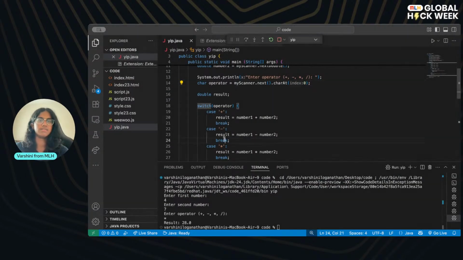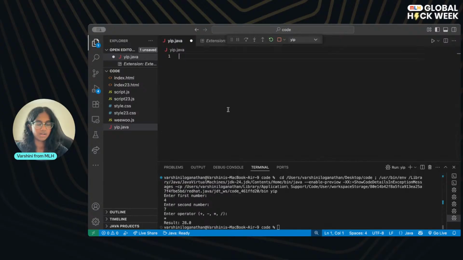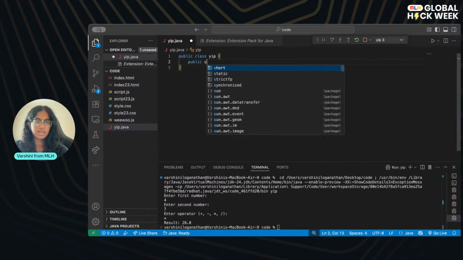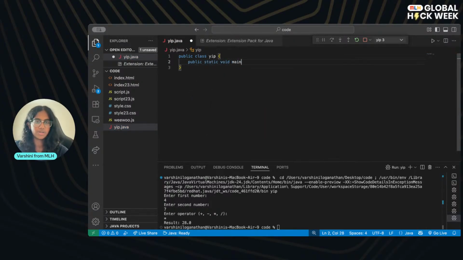I'm going to, again, delete this code just so that I can start a new function, but y'all can also just make new files if you want to keep this code and refer to it later. I'm going to keep this fresh for y'all so it doesn't get confusing. I'm going to call my public class, and again call that main method, public static void main, String.